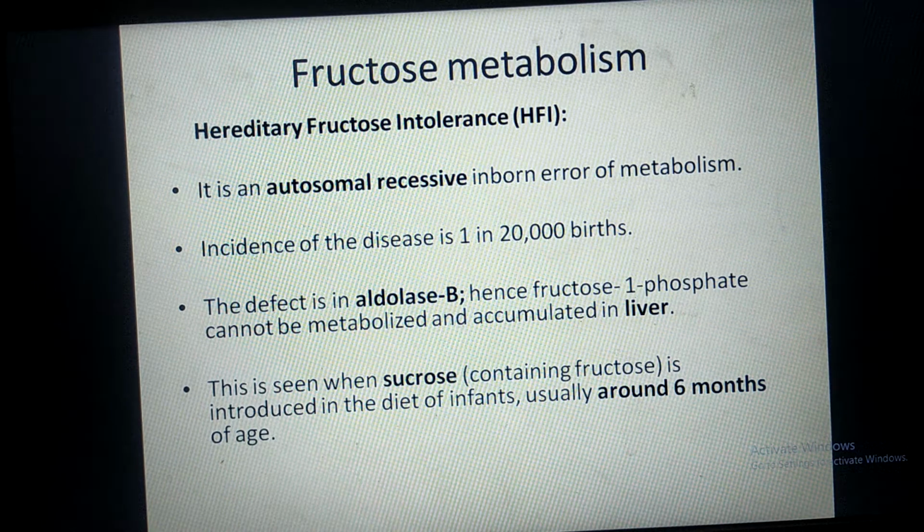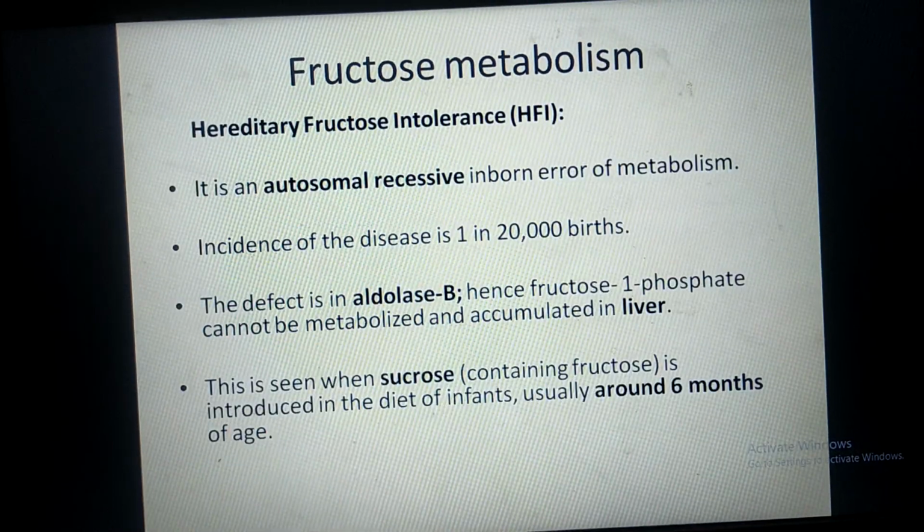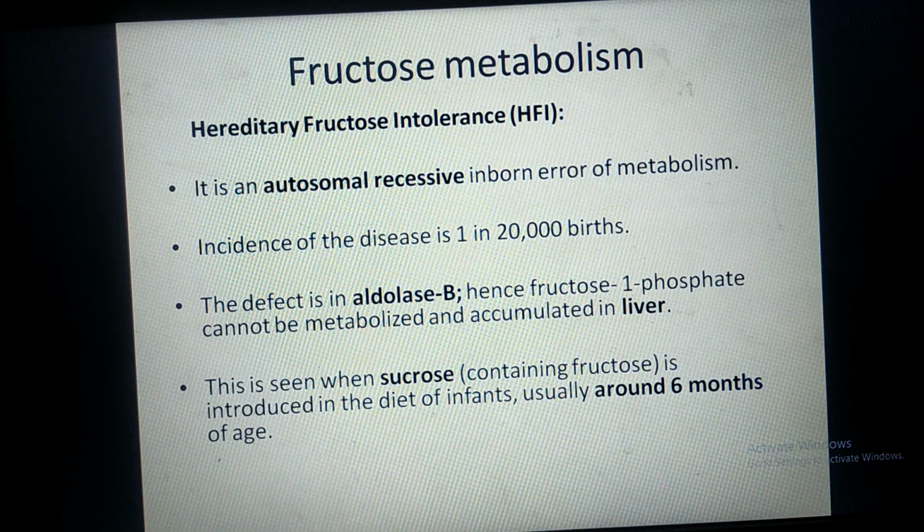It is an autosomal recessive disease seen in 1 in 20,000 births. The enzyme defect is aldolase B. So due to deficiency of this enzyme aldolase B, fructose 1-phosphate is not broken down into glyceraldehyde and dihydroxyacetone phosphate. Therefore, fructose 1-phosphate gets accumulated in the liver, and this deficiency is found around 6 months of age when sucrose is given to an infant in the diet